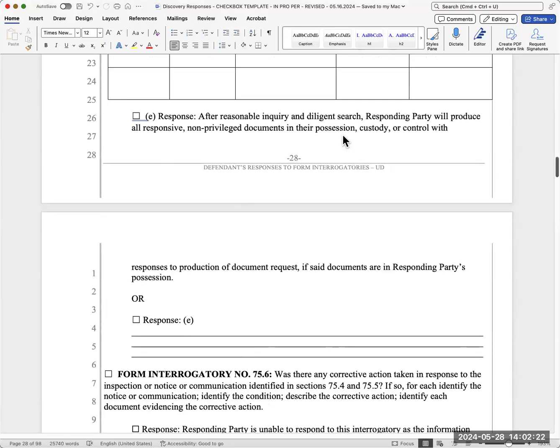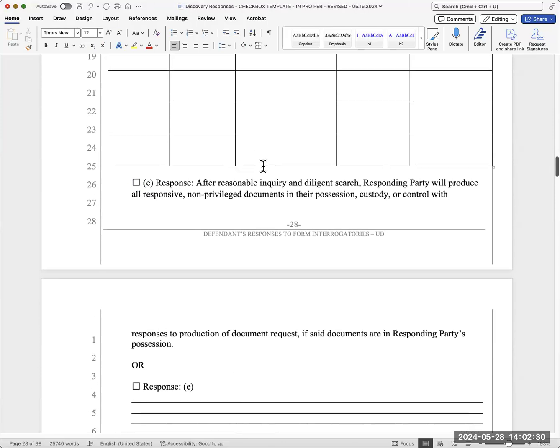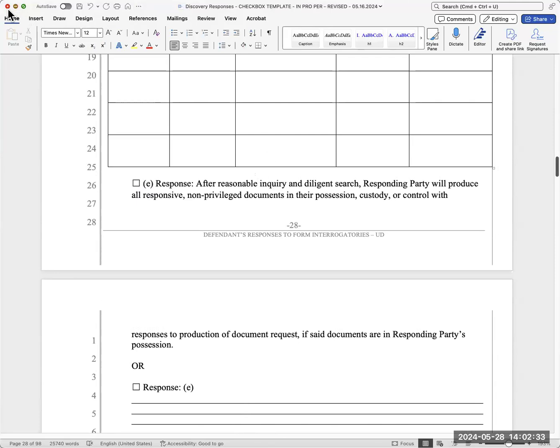Here is about producing evidence to support what you've written above. And so you would indicate that here. Either you have evidence and you include it in your binder or not. Next,